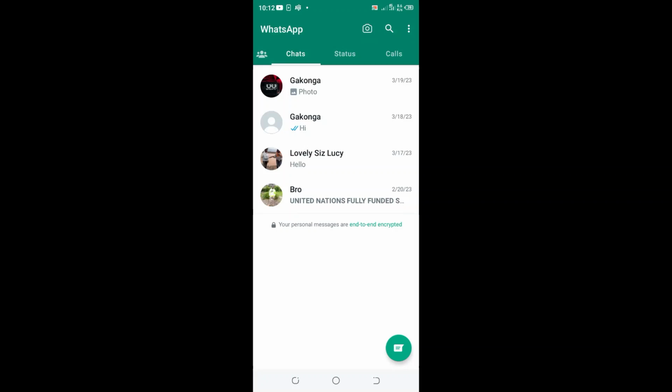To hide or archive and unhide or unarchive WhatsApp messages without deleting them. Maybe you are receiving a large number of messages and you don't want to delete some of them. So in order to archive them, and archiving is just storing them so that you may use them for future reference,